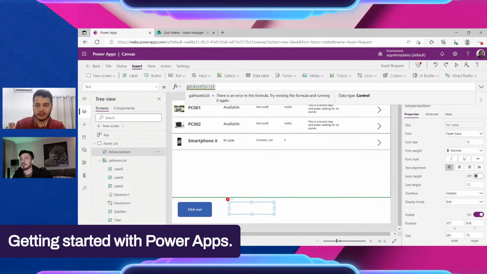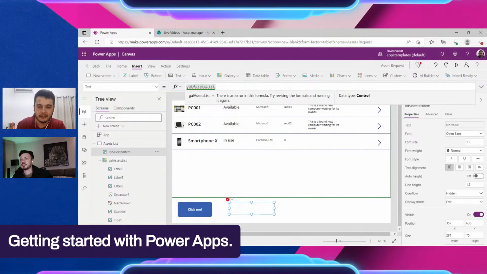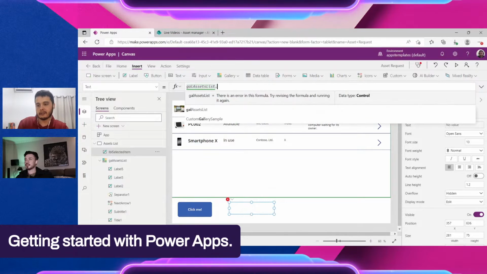See how easy it is right now, because it was gallery 1 before. Imagine we had 10 galleries. We wouldn't know the name of the correct one. We would go there, click, see the name, and lose time, and more time as we progress building the app. Now we know that it's Go assets list. It's way easier. So we can get the dot selected